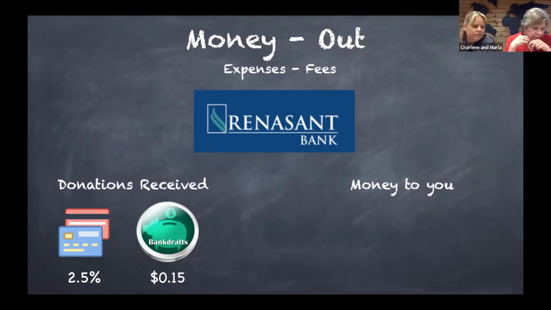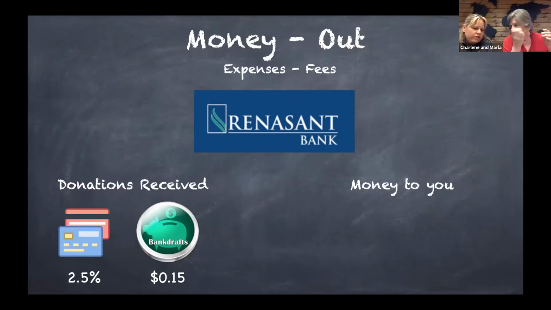Donors, if they give by bank draft, Bank of America only charges 15 cents per bank draft. And once again, you will see those fees the following month. It is an accumulation of fees. And if you want to check our math, you can total all your credit card gifts in June and look in July and see what that total credit card gift fee is. And the same thing for bank drafts. It'll appear on Donor Hub under, I think it's called